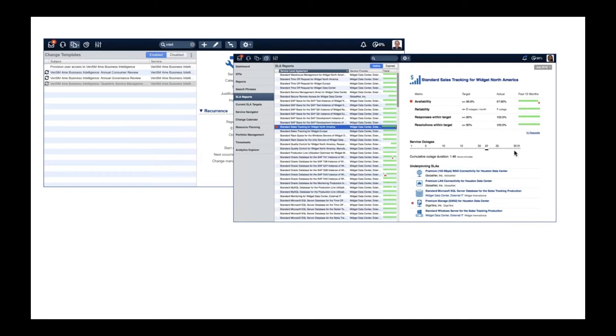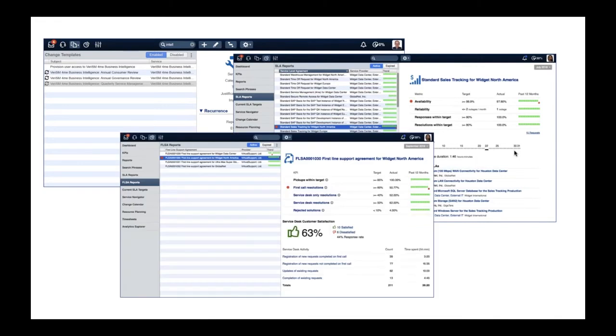Here we can even see that there's a number of underpinning SLAs for services provided by other providers. So we can quickly see how much we are influenced by others for delivering our service. How is our customer satisfaction? So we can run reviews on that. We can see all the information about that. Schedule reviews, have them automatically scheduled if we drop below a certain percentage. All to make sure that we don't forget about the customer review, the customer satisfaction pieces.